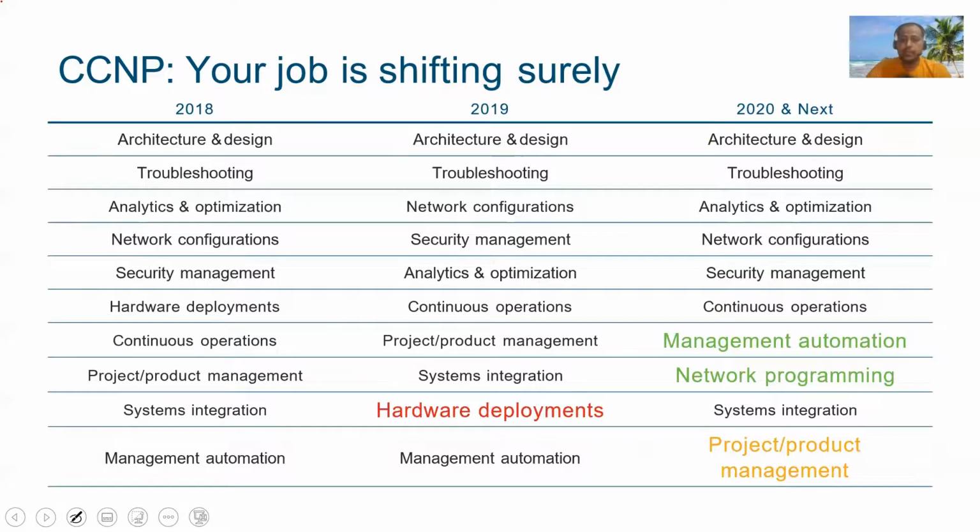Now for CCNP, you can see again, the journey has started like management automation. So you have DNA, you have SD-WAN, you have APIC controllers, you have other management tools, you have insight tools, you have AIOps tools, different things you can utilize for CCNP. So CCNP engineers can manage the entire infrastructure with the management automation platform or tools. Network programming. So these are going hand in hand. You are doing the management automation with respect to APIs, with respect to tools that you have.